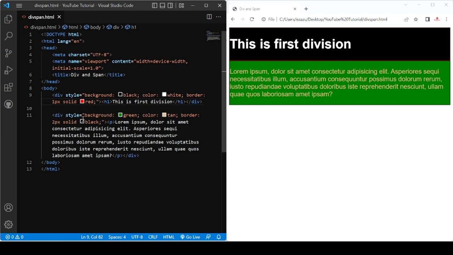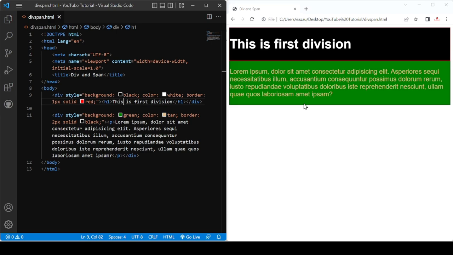In this div I provide the background color green and text color as white, and here I provide 2 pixel solid black as a border. You can see here. This is how we can use the division tag and style it with the help of CSS, and we can use class and ID to provide different styles with the help of CSS. This we will discuss in our future video.